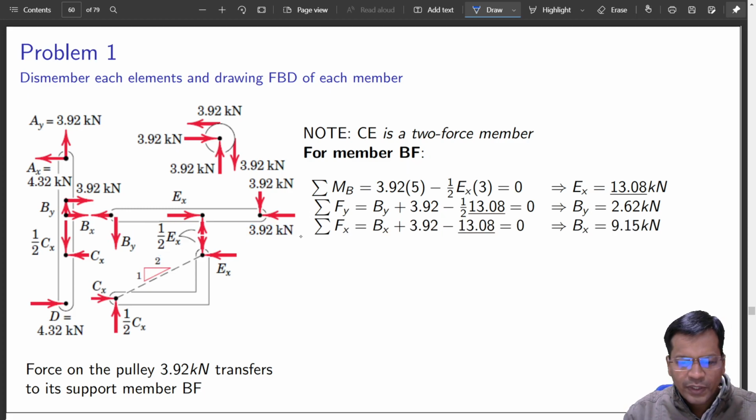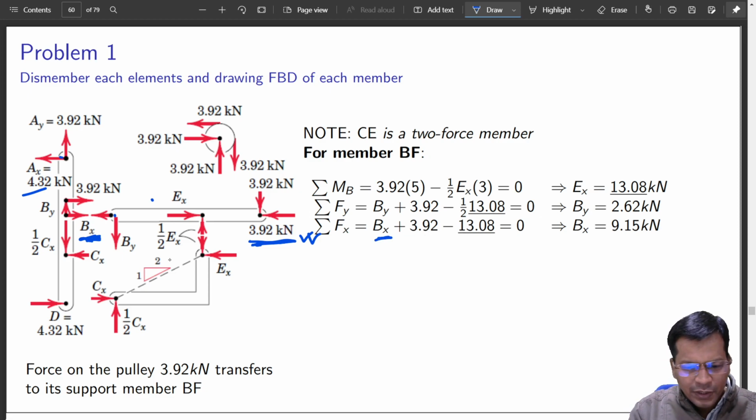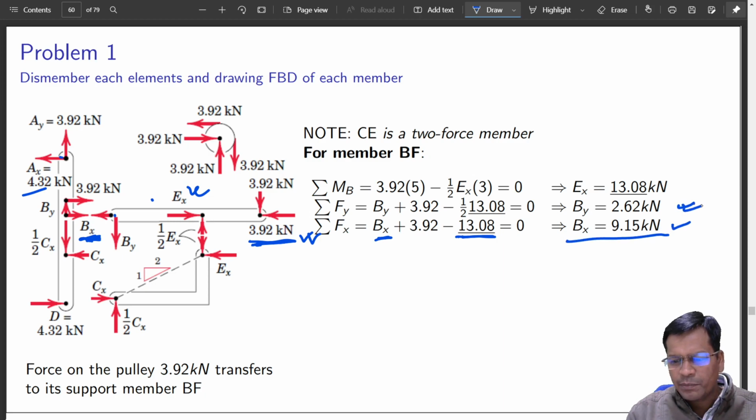Next is Fx, the horizontal force. I already see this force is here. Bx was already known, first thing. We want to find it out because this is the pin joint. We calculated this point Ex. Forget that, this is an isolated body now. Bx is unknown. 3.92 is the horizontal force, and the force Ex was already known. How much is that? That is 13.08. Put them together, you get Bx as this. So reaction at B is completely identified.